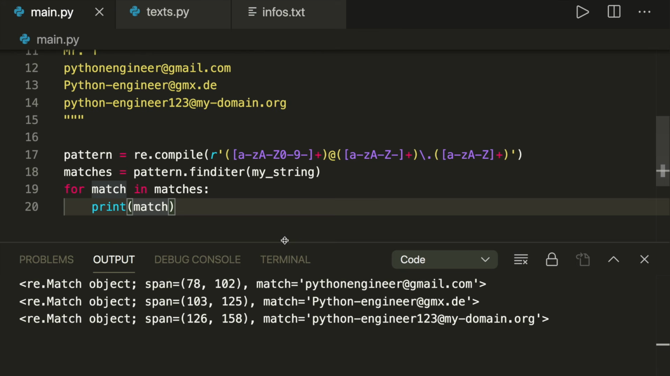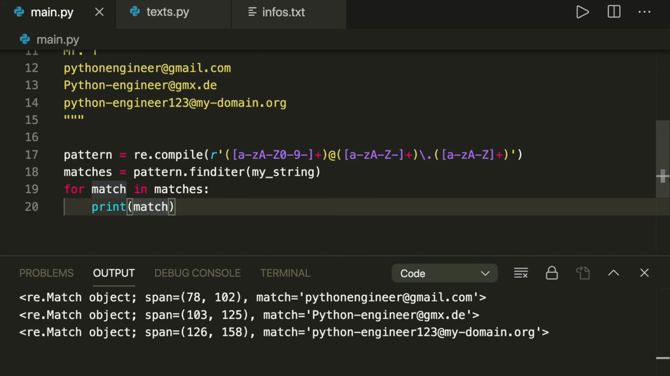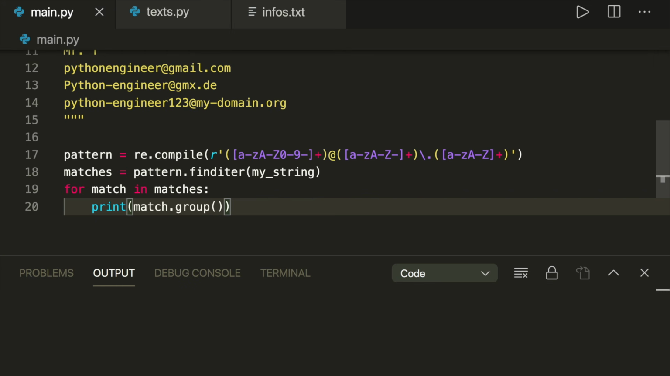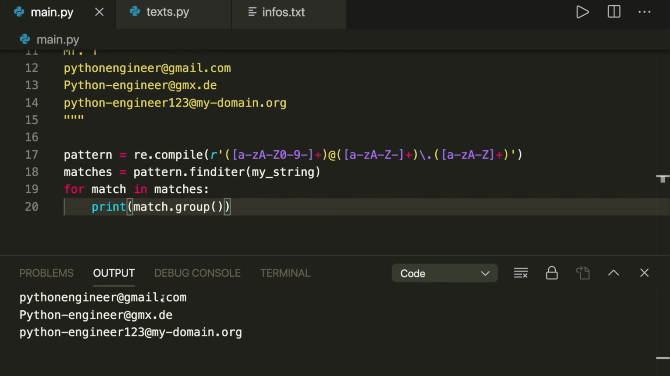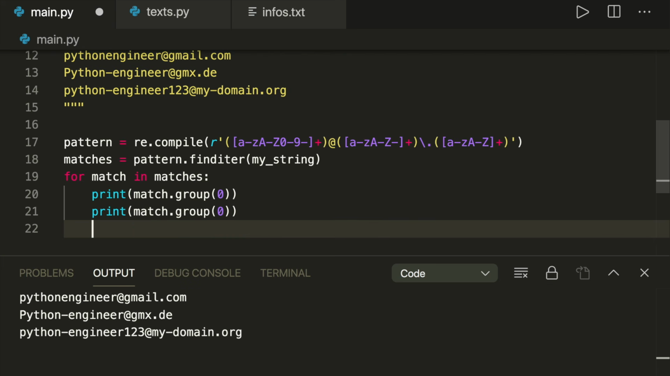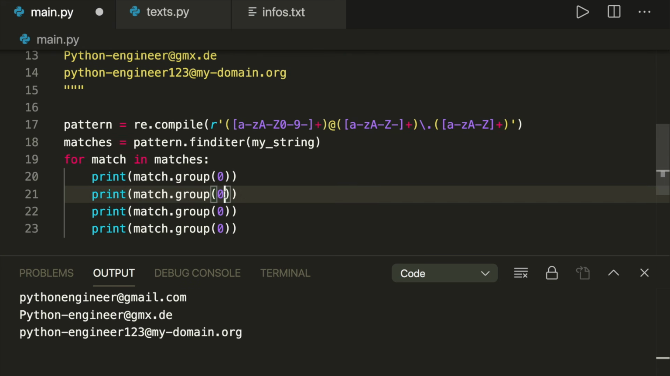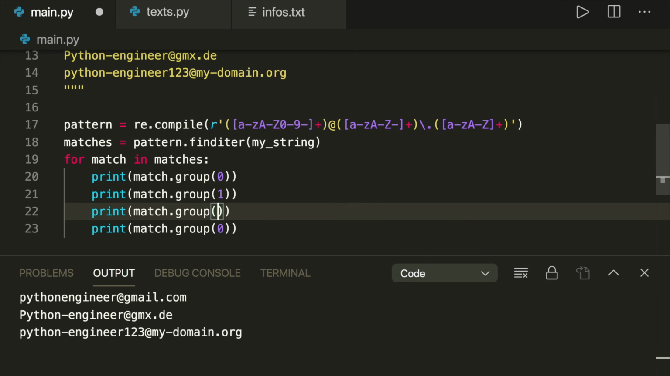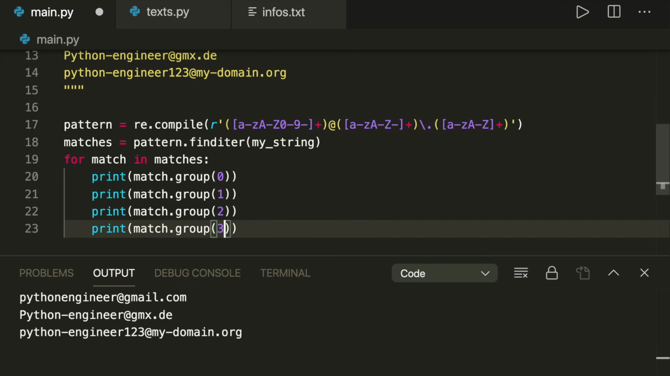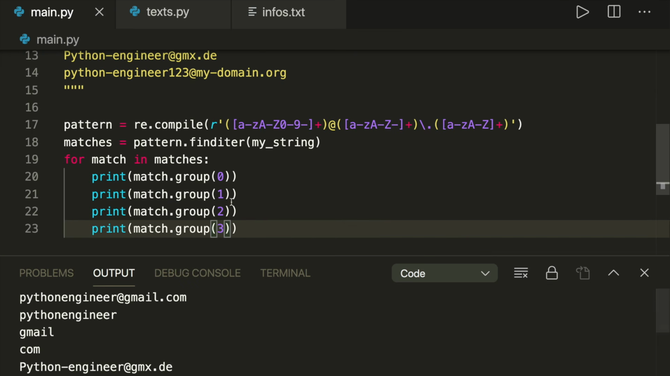And here we are printing the whole match object. And then we can use the dot group to return the actual string. By default, this is group 0. So this is the whole match string. But now we can also print the single groups that we just defined. So for example, we have group 1, 2, and 3 now. And now if we run this and print this, then we see,